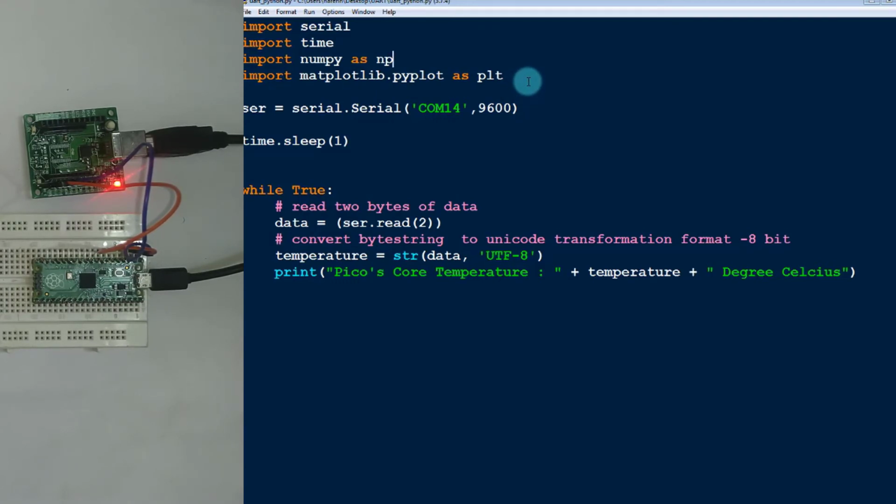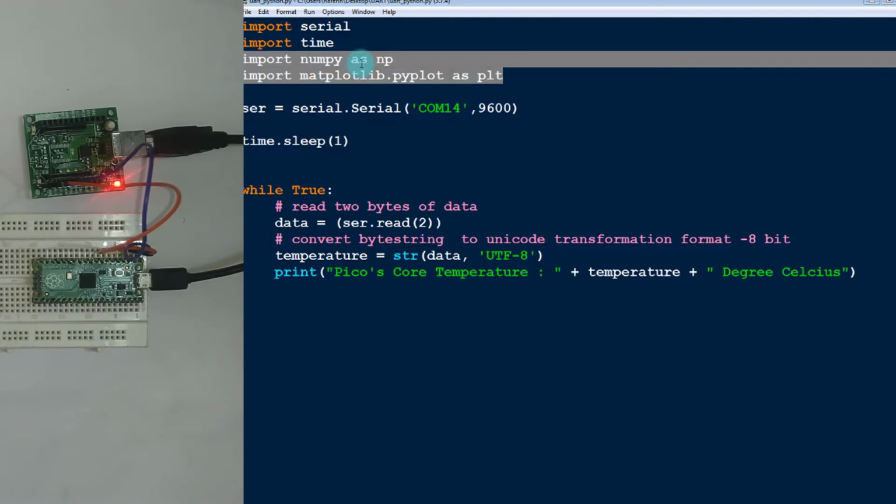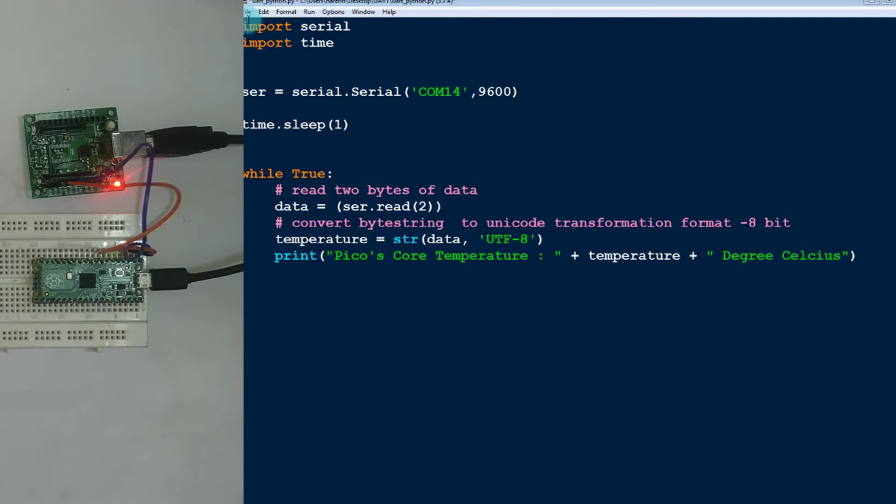Matplotlib will be covered in some other video, so we can totally remove these. So first you have to import the module serial and then you have to import time. Then make this object, you can name it anything. I have named it SERs, that is serial.Serial, at communication port 14 and 9600 baud rate.